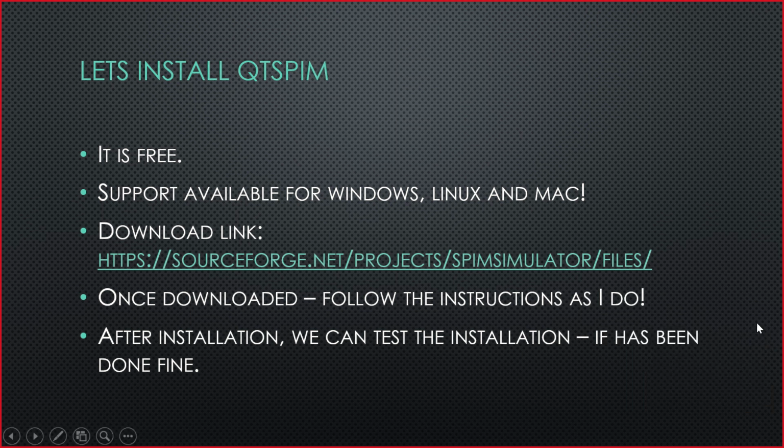Before that, I'll start telling you what it is and how we use it as well. And one best thing is, please start the download and listen to me, so that once the theoretical explanation is over, you can go back to using it. It's pretty simple. You see that it is free. It is distributed under the BSD license, so it is absolutely free. And the best point about this QtSpim tool is, it is available for Windows, Linux and Mac. I tested Windows and Linux.